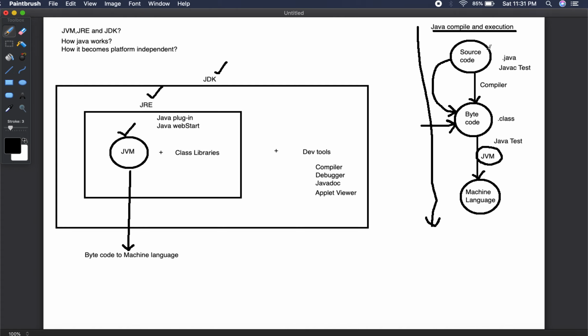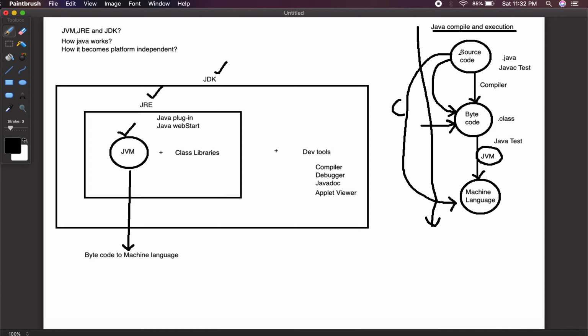Though the JVM, JRE and JDK are platform dependent, since you are converting your source code into a bytecode, you are not directly converting this source code into the executable format as we do in the C language. In C, you directly compile a source code and it creates an executable file instead of a bytecode. This structure of converting a source code into a bytecode, and the JVM reading the bytecode and creating an executable format, makes Java a platform independent language.